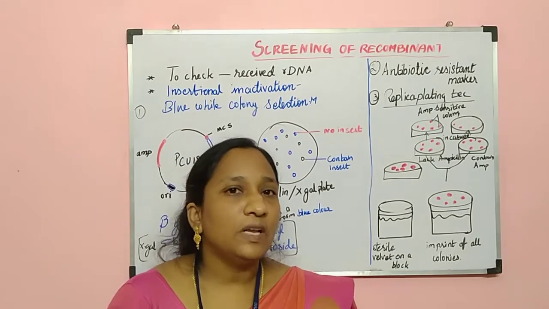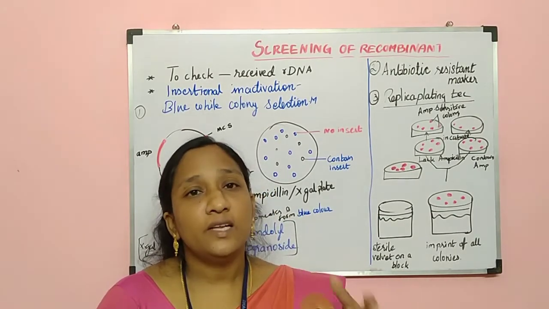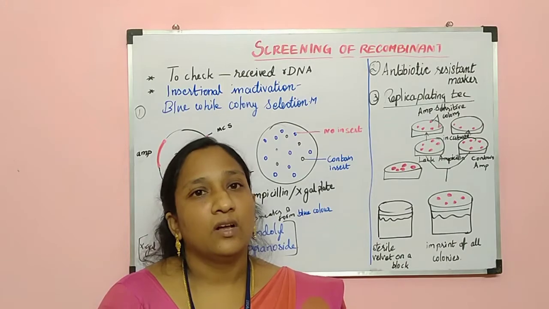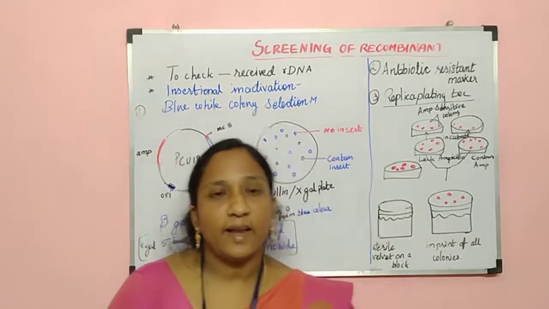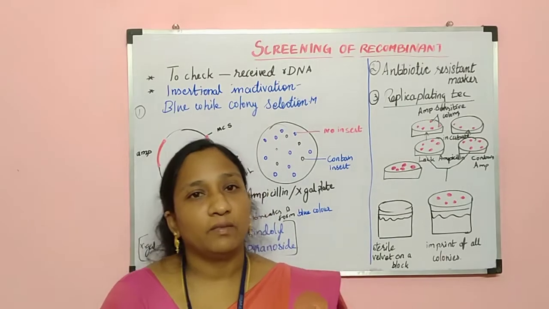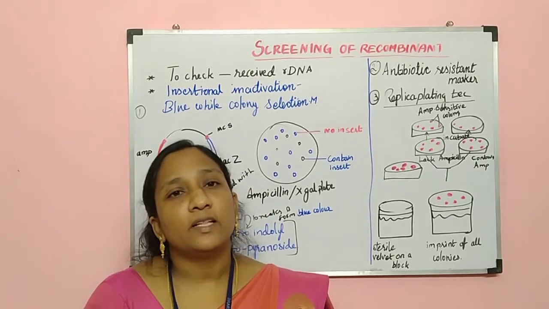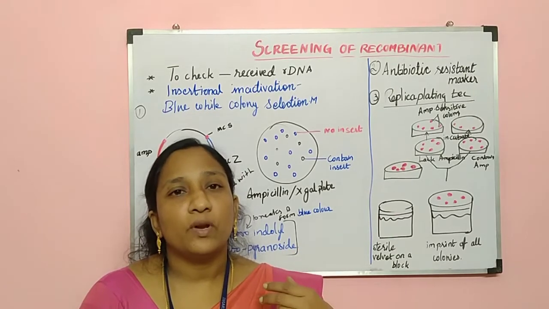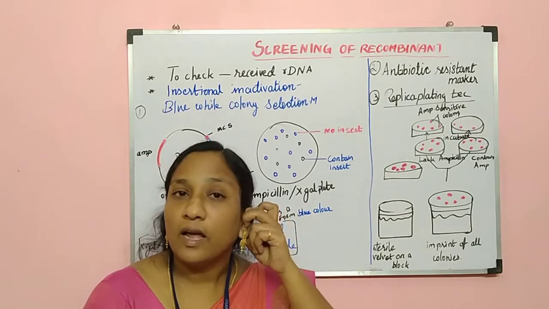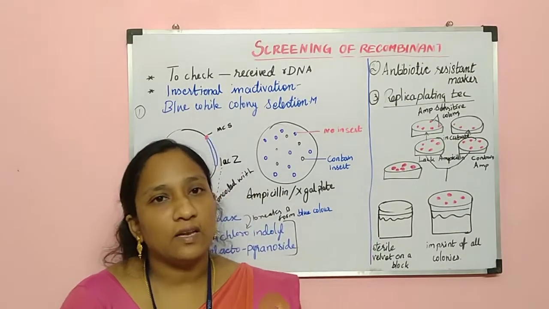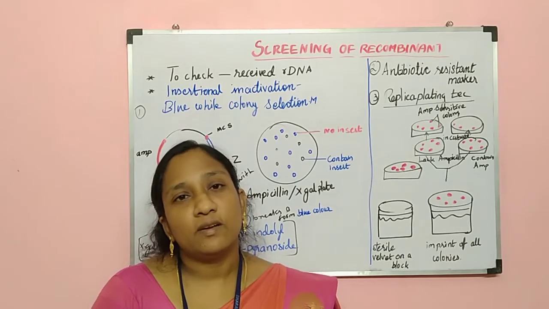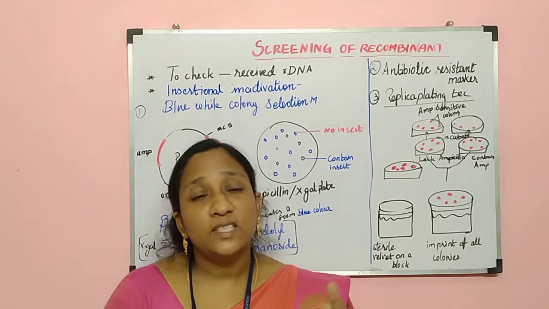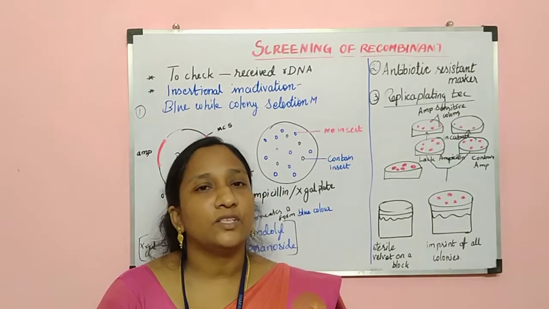Do you remember what we taught in the last class? We learned how we can insert the rDNA, the inserted DNA, inside the cell. We learned two methods, direct and indirect. The indirect method has 5 or 6 steps: microinjection, electroporation, biolistics, and liposomes. Many techniques we learned, and in the direct method of gene transformation, we can insert the gene using the Ti plasmid.